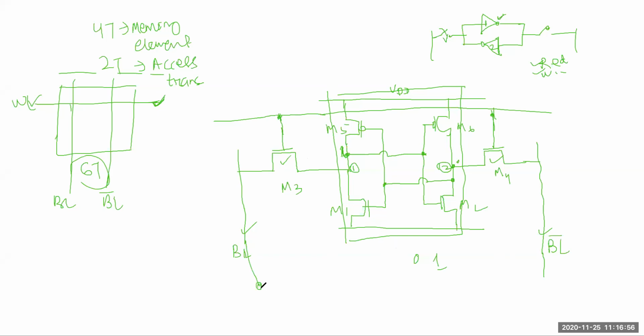Some other circuits are there, and they will connect. Finally, at the output you will get whether it's 0 or 1. Or if you want to change it, suppose initially it was 1 and you want to change it to 0, then you have to give 0 here, then this will turn on and forcefully change 1 to 0. That means you are writing something.